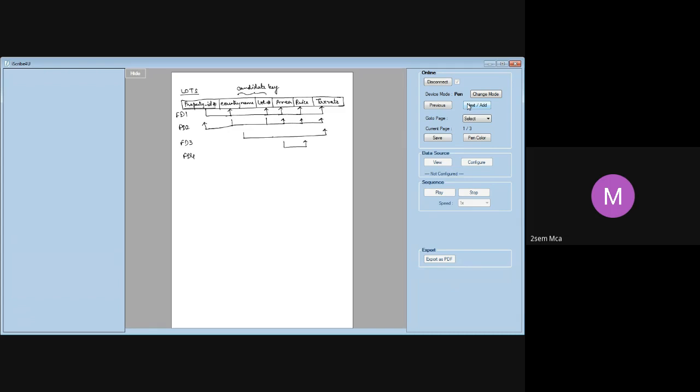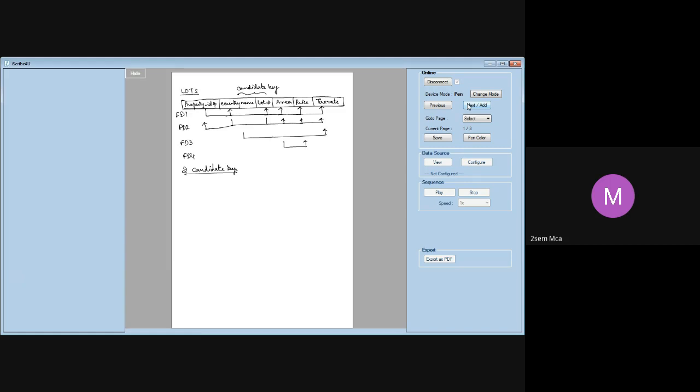Now, here, there are two candidate keys in this particular table. What is a candidate key? Anyone quickly? Yeah, when more than one key can be considered as a primary key, then you call them candidate keys. All right. So in that, one of them you designate as primary key, the other one as an alternate key.